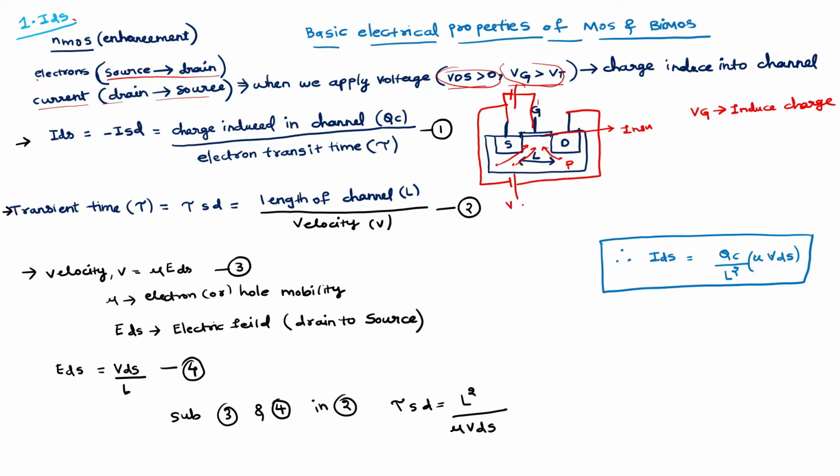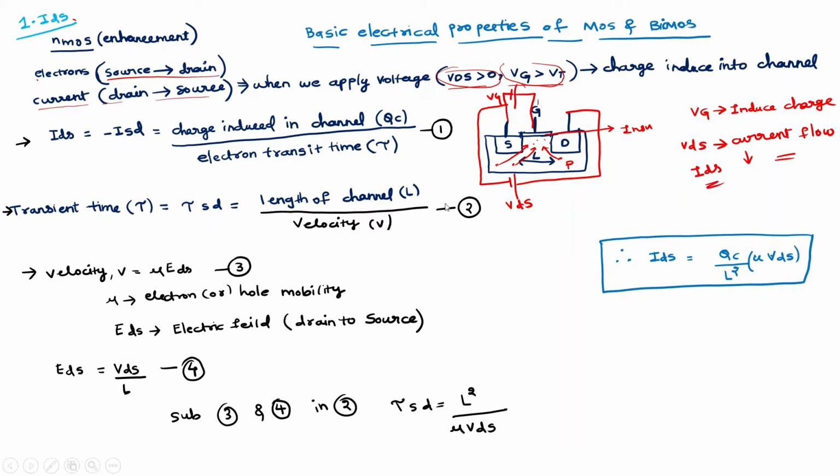Then what is the help of this VDS? So this is basically VG and this is VDS. VDS helps to move the induced electrons from source to drain. The electrons will be accumulated here, and to move those electrons we need to apply some reverse bias voltage at the source, so that they will move away. So this VDS helps in the actual current flow. Now we want to find the current flow with the help of VDS, that is called IDS, and we need to find this IDS.